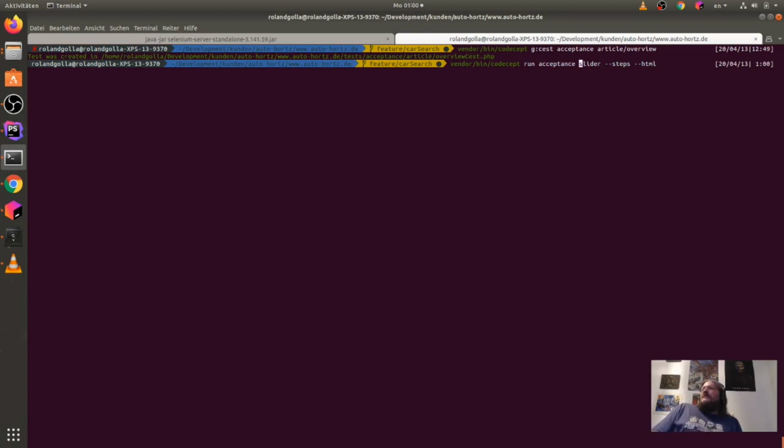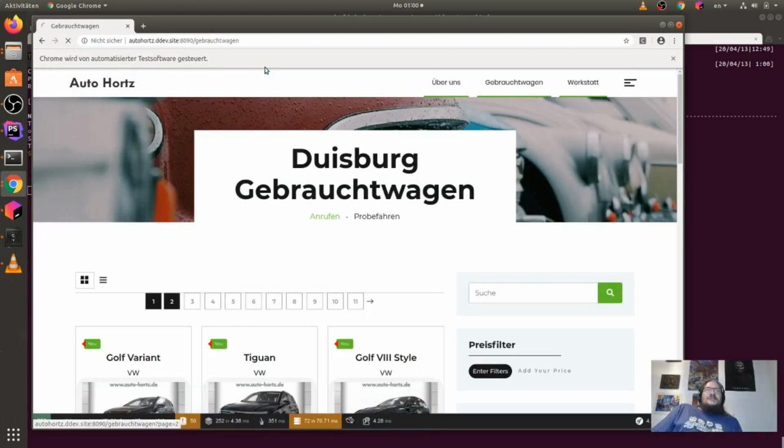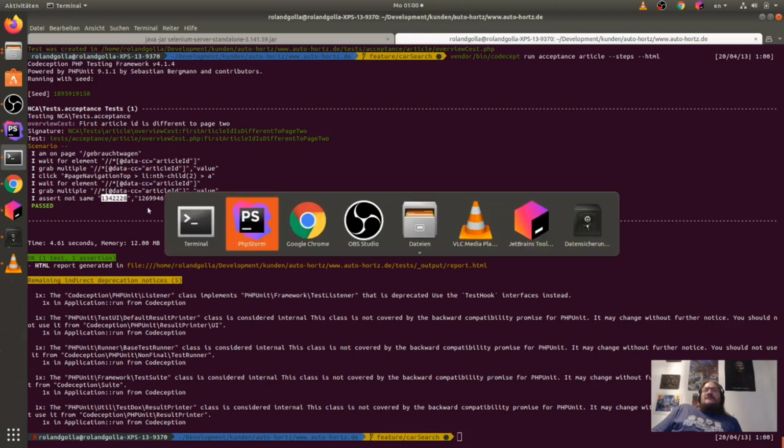Okay. Article, and now it's opening. We will see. Wow, this was great, and I can also say that this works, because you can see here 1342228 is different to 1269946.